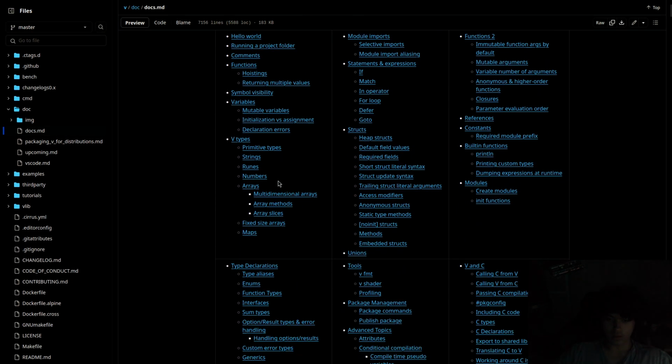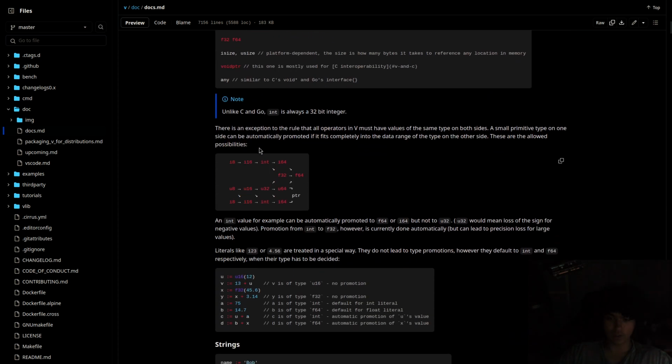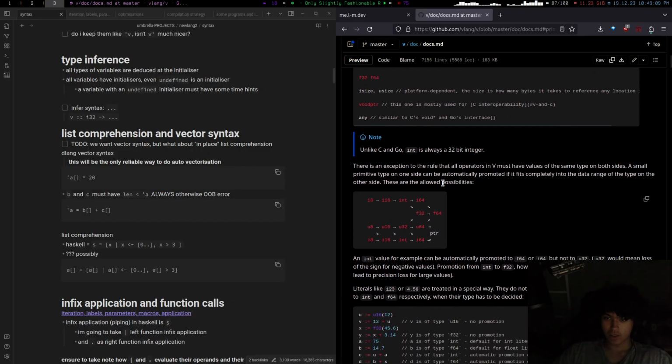Primitive types, here. There's an exception to the rule: same type on both sides. A small primitive type on one side can automatically be promoted if it fits completely into the data range of the type on the other side. So if it's an I8, it can go to an I16. If it's an int, it can go to an I64. You can do all of those things.